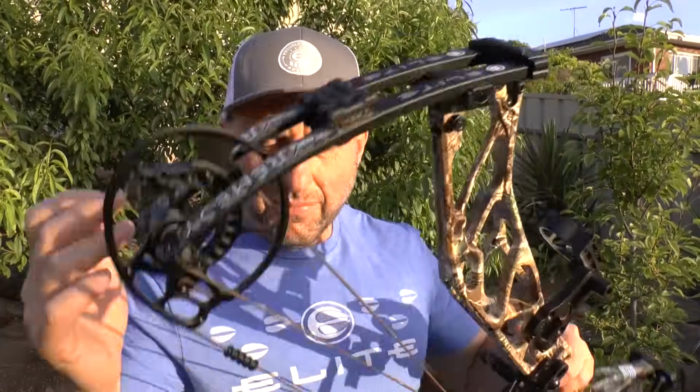Limb silencers here. Now it's a price point of about 1,600 Australian dollars. It's up against top of the line bows. The PSE, the NXTs, are going to be cheaper. The Hoyts are going to be maybe a little bit more expensive. Bowtech is right on the money, which is the